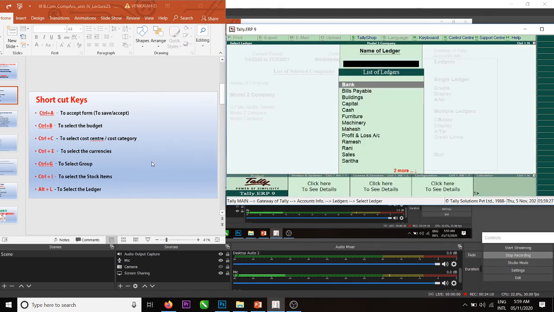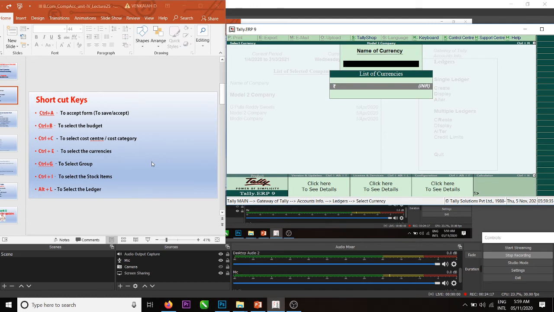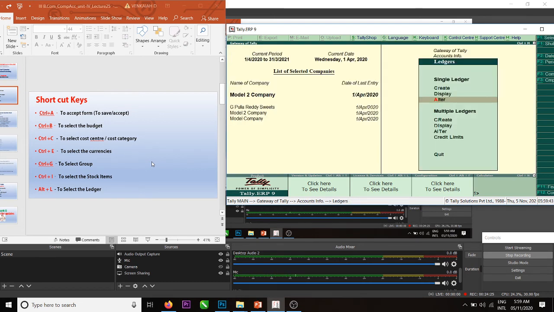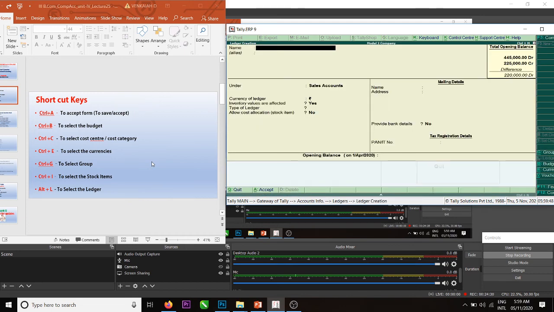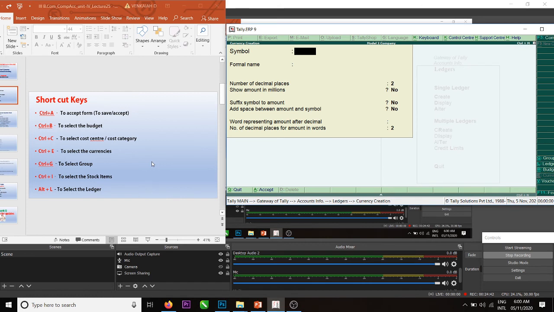Okay, bank ledger, change, Control E, dollar, no, create, PNB. Okay, Punjab National Bank.